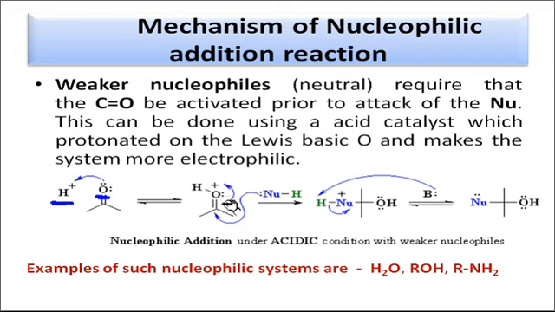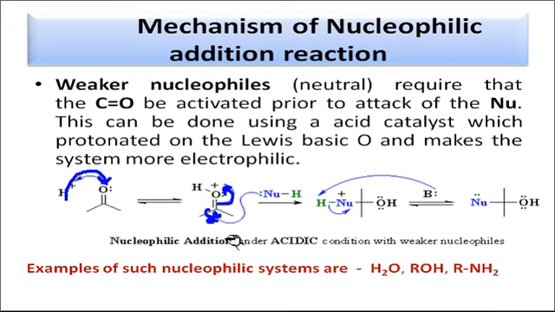Due to this partially positive charge, now oxygen attracts the electrons of these bonds. Therefore, this carbon is now more electropositive. This becomes more electropositive due to the electron deficient oxygen atom. Why is oxygen electron deficient? Because due to the attack of the proton on this oxygen, now this oxygen attracts the electrons from here. When electrons move away from the carbon, this carbon now behaves as a strong electrophile.